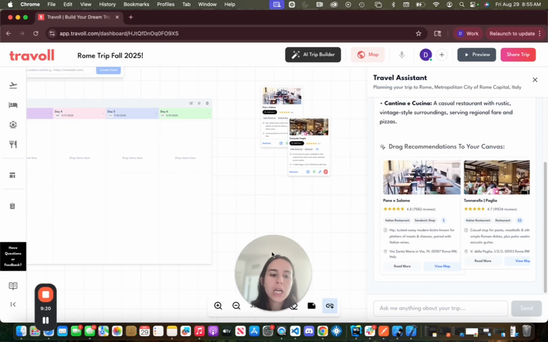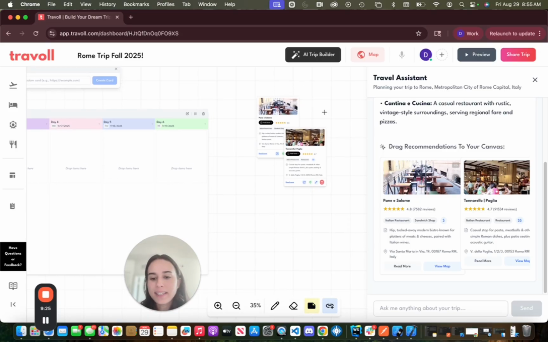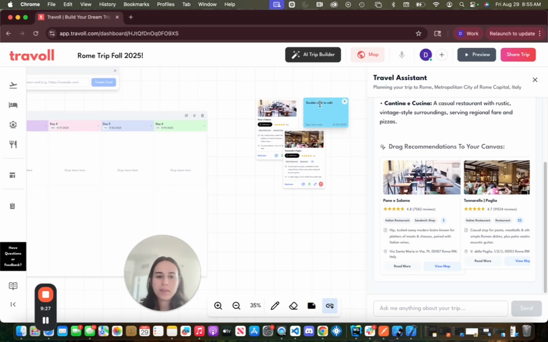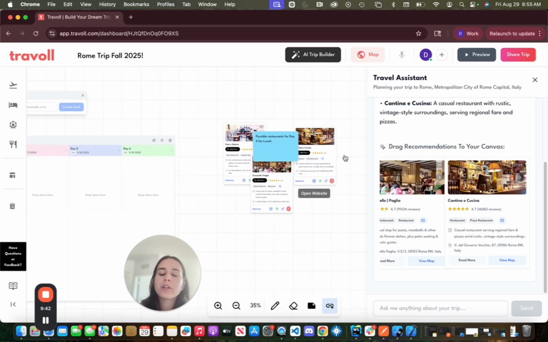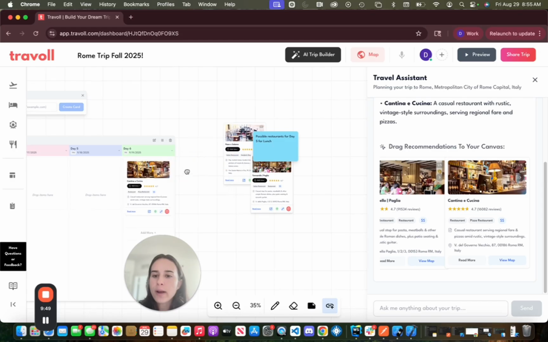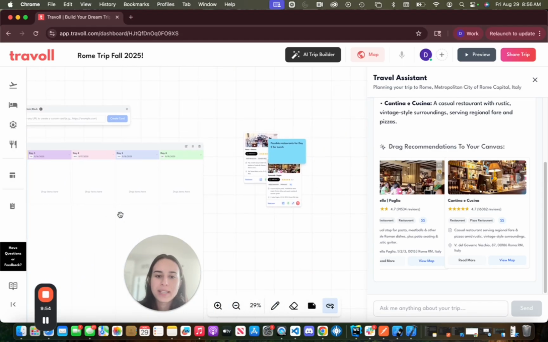I'm gonna put these over here, and then the cool part is that you can add sticky notes. So I love the sticky notes, they're super fun. And be like, possible restaurants for day 5 for lunch. And you can put them over here, and they could sit here and then be like, oh, I like this one too, I'm gonna add this one over here. And then later on, when you invite people to help you collaborate, you can be like, hey guys, which one do you like more? Because we have a voice chat. And then you'd be like, oh, actually I like this one, so we're gonna add this to day 2 for lunch. And then it's there.